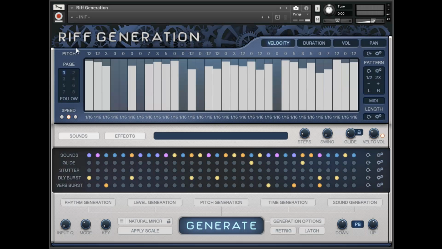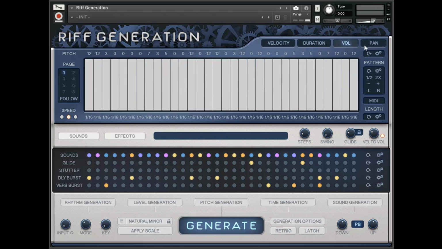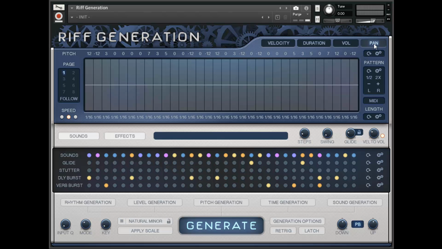At the heart of the instrument is the step sequencer section. The majority of your riff's rhythm, pitch, and level is controlled here, on a step-to-step basis. The grid can control velocity, duration, volume, and panning. An important concept to grasp is that the grids controlling these four parameters run simultaneously as if stacked upon one